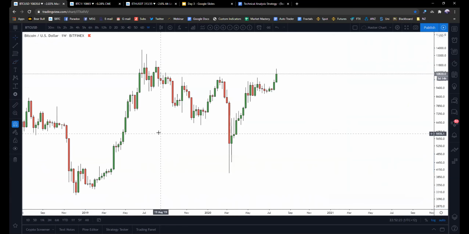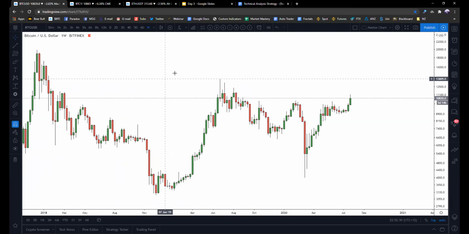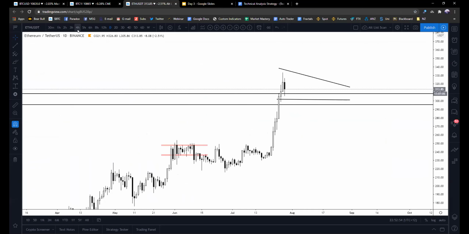Understanding where these nodes are, these volume nodes, liquidity pools, order blocks, or demand zones and supply zones, they've all got different names. How to identify them can really help you understand how to map a market, right? So we'll go back to this. We've got the order blocks. I'll get a video out on top of that, how to find those, because they are a little bit hard at first. Key levels, it's pretty much just candle highs and lows, and it can be from the daily and